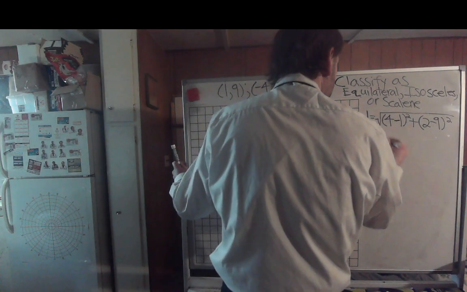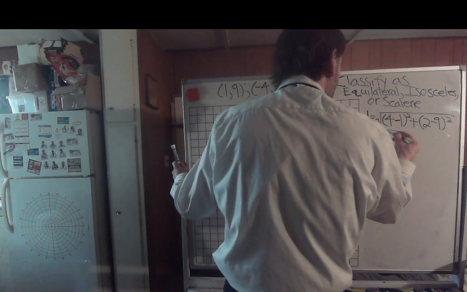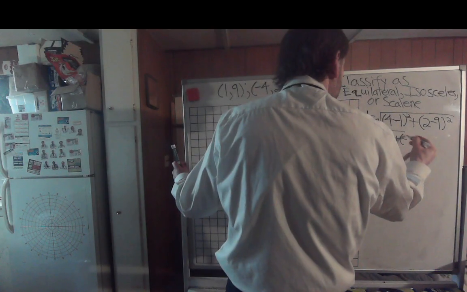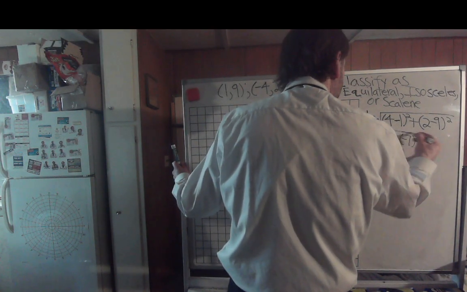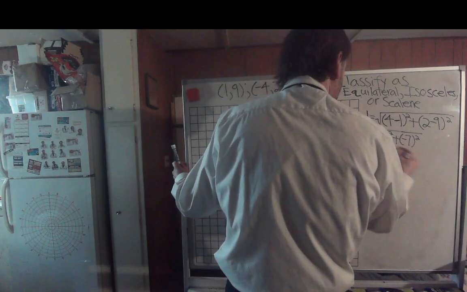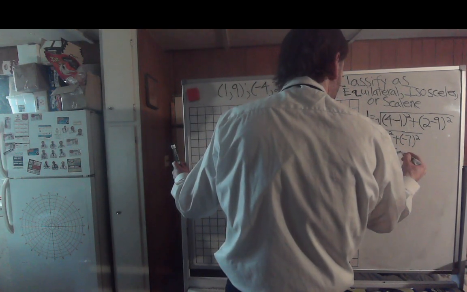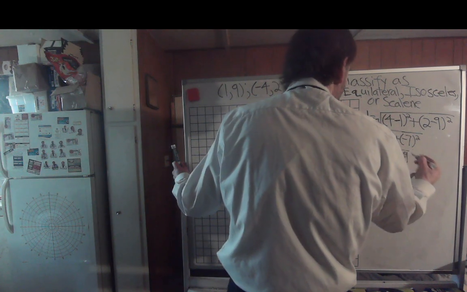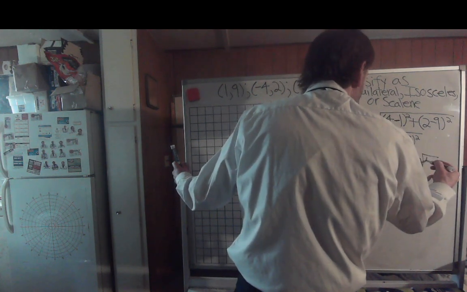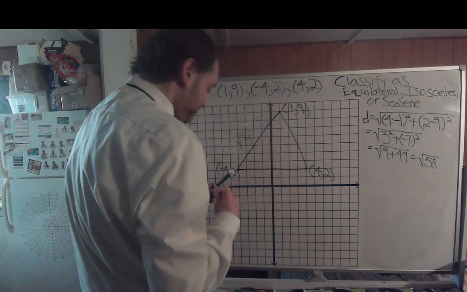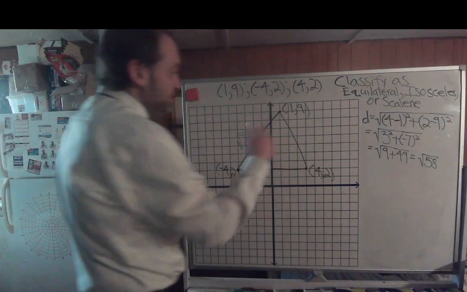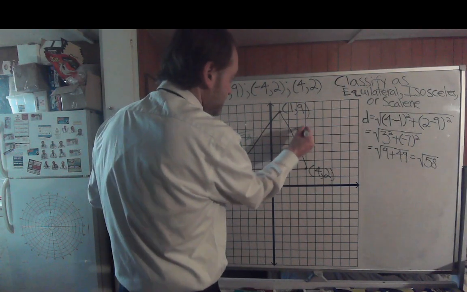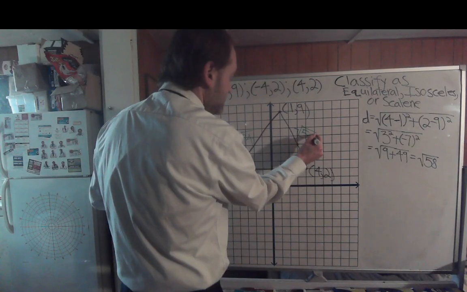That, of course, would equal the square root of 3 squared plus negative 7 squared, which would equal the square root of 9 plus 49, which would equal the square root of 58, in which there's no way to break that down. So this side here has a length of the square root of 58,